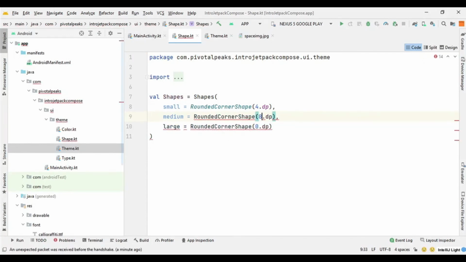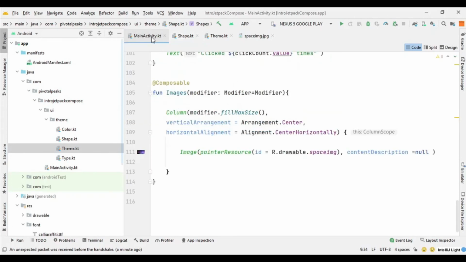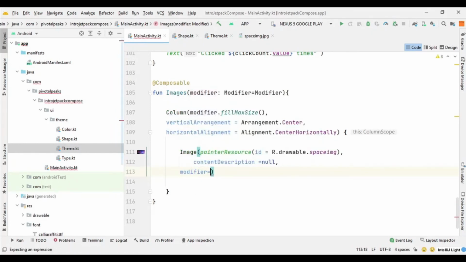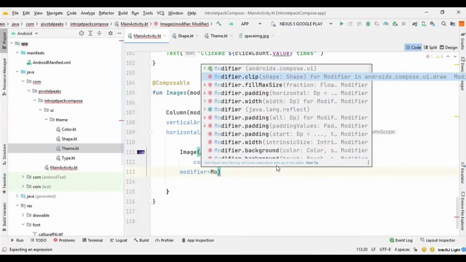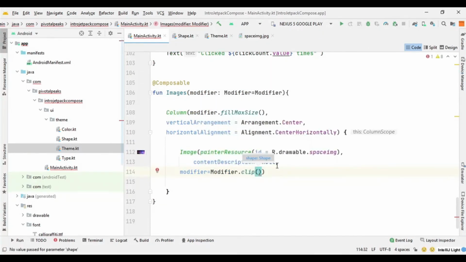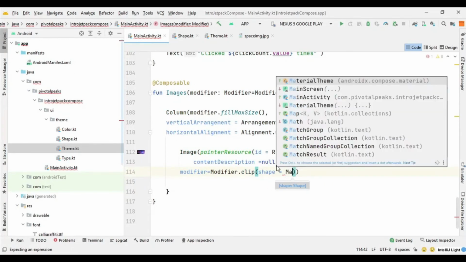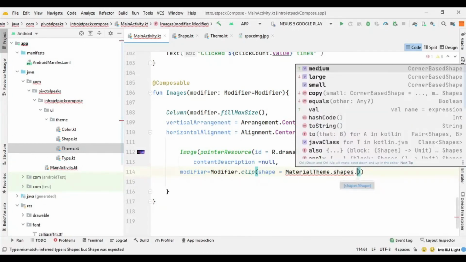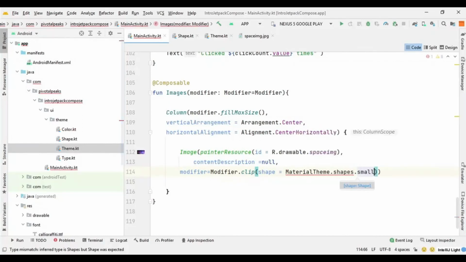So let's say 8dp, and let's go back to main activity, and after content description we can say modifier equals modifier.clip, and inside the function clip we say shape equals, and then we need to apply the shape. So MaterialTheme.shapes dot, let's go with the small first.